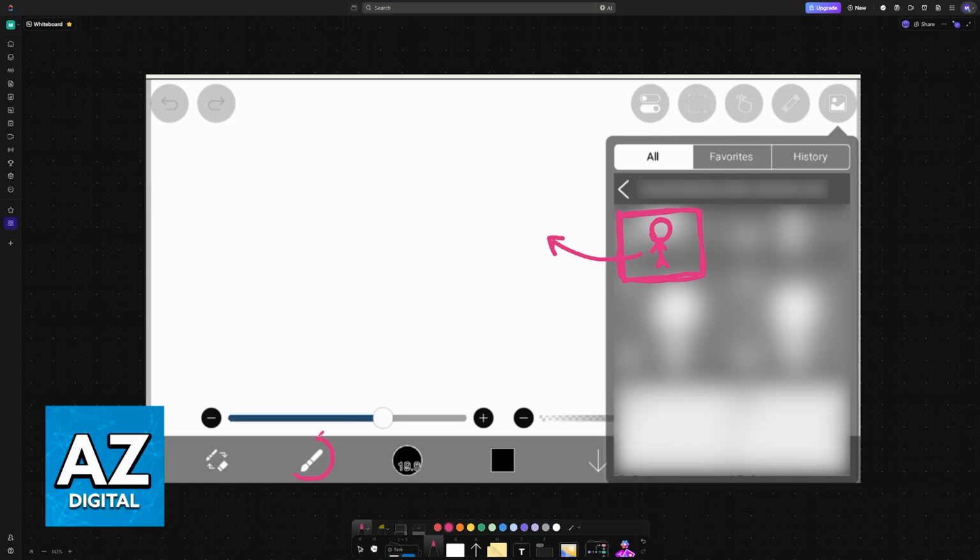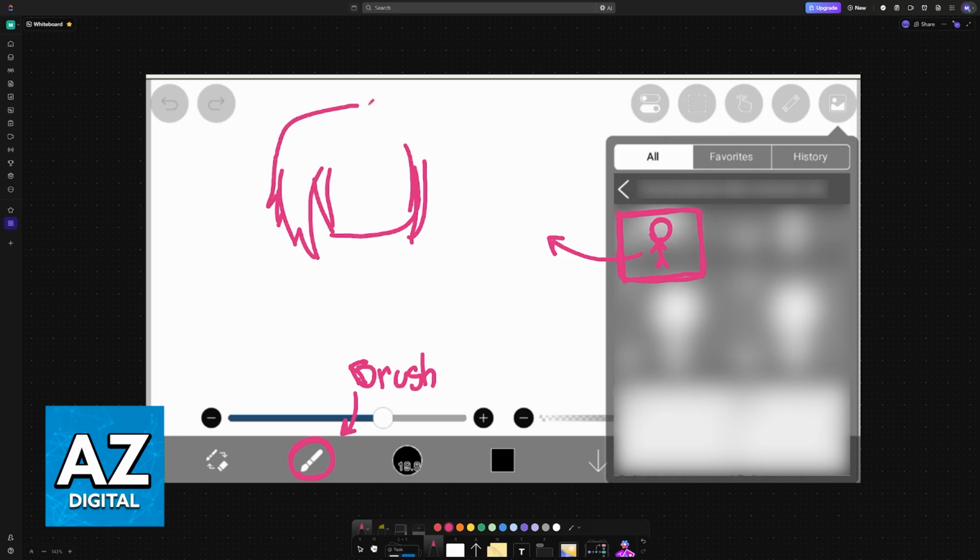reference. And of course, if you want to draw from scratch, you will primarily be using the brush. So you can change your brush according to your preferences, however you like, and you can start drawing. Of course, for a video of this length, I cannot show you this process in full. It is a skill that is going to take time until you are satisfied, but by using references and going slowly, you will be able to draw your character from scratch in Ibis Paint X or any other tools and bring it to life. You can draw it in all sorts of poses, situations, and so on.